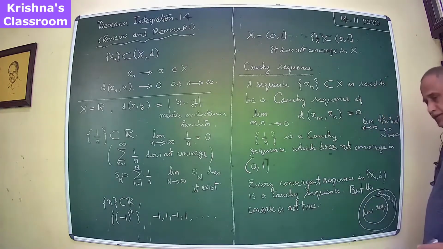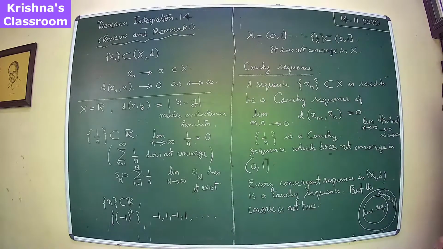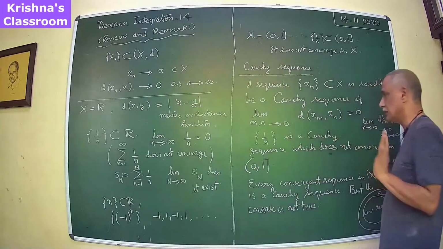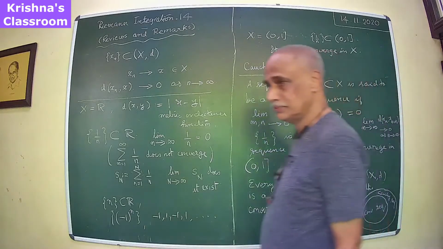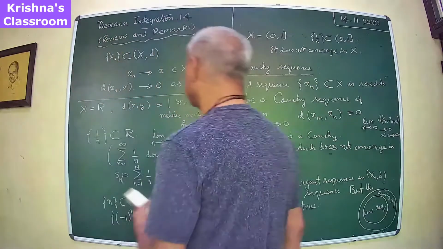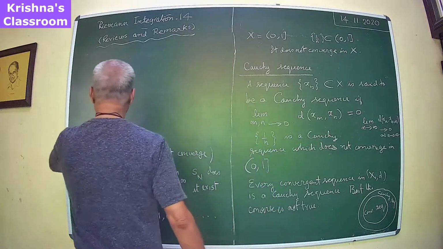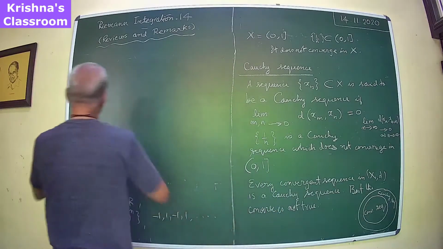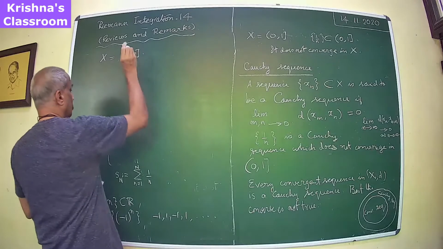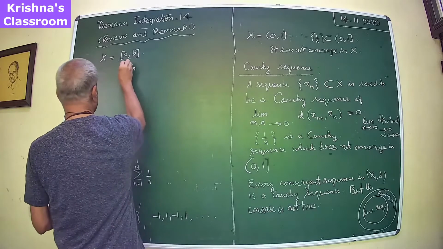Every convergent sequence is a Cauchy sequence, but a Cauchy sequence may not be a convergent sequence. So this has something to do with the space, as you have seen in this example. The structure of the space matters. In fact, one can prove that if X is a closed bounded interval, and you take any sequence xn